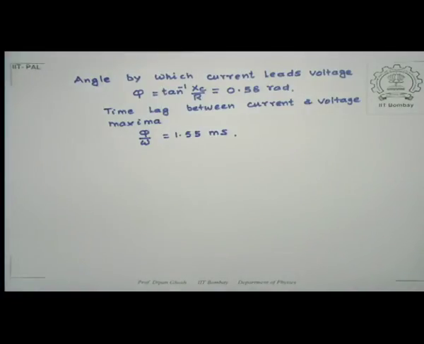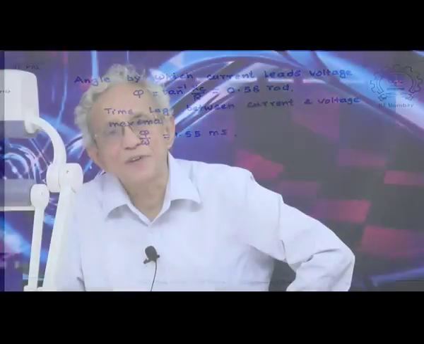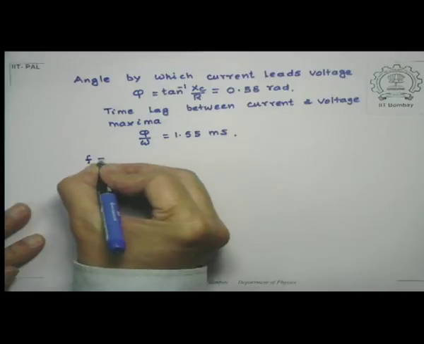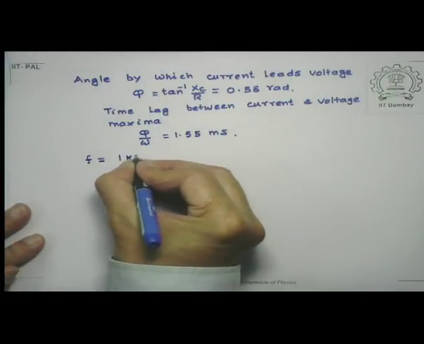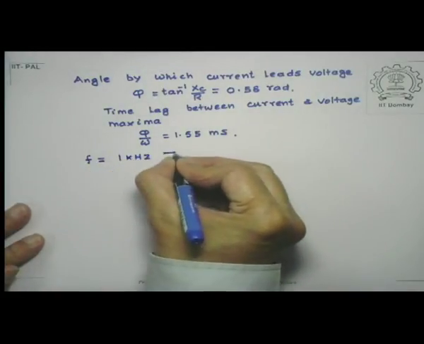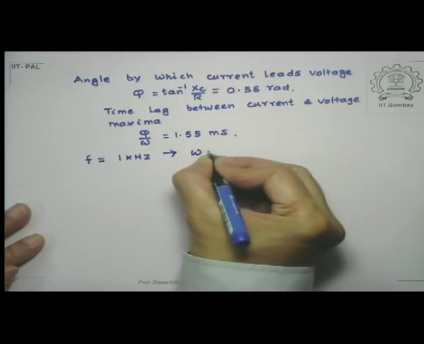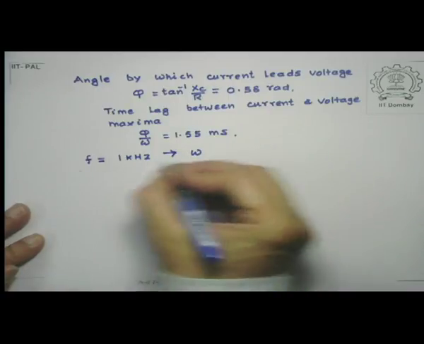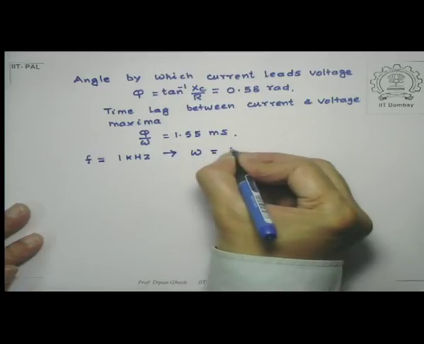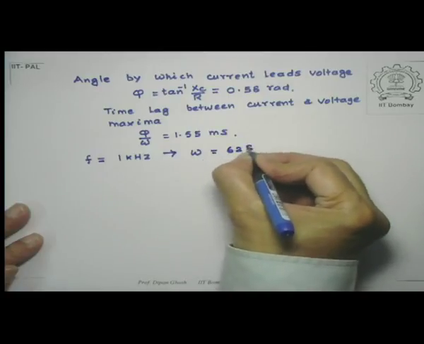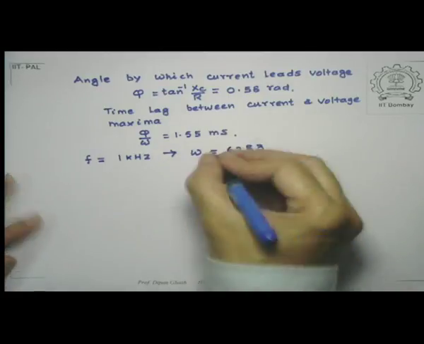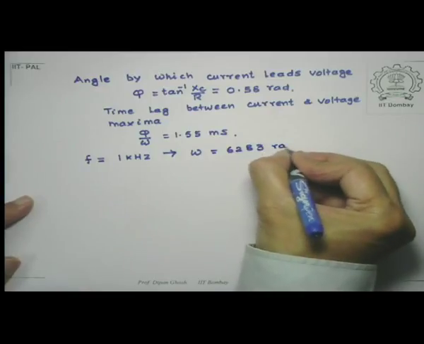Now let's see what happens if I increase this frequency. So if I take the linear frequency f to be equal to 1 kilohertz, which corresponds to a value of omega given by multiplying this number with 2 pi, that's equal to 6283 radian per second,